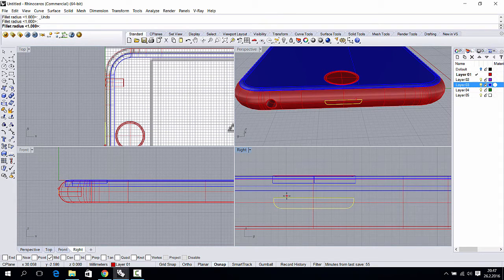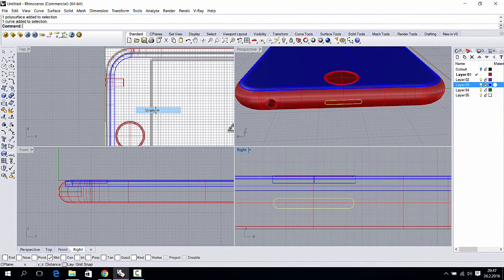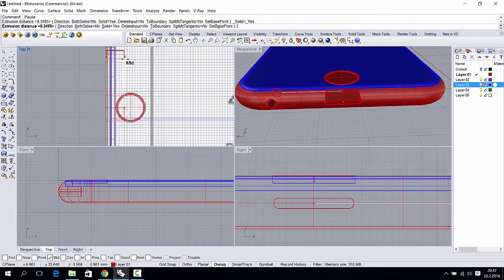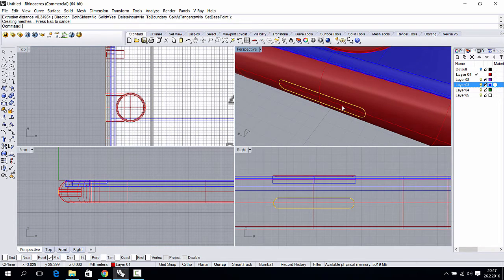No, that's too much. 0.5 maybe, or 0.6. Yeah, that looks way better. And again, solid, extrude, planar curve, and maybe the same length as the headphone jack, and then